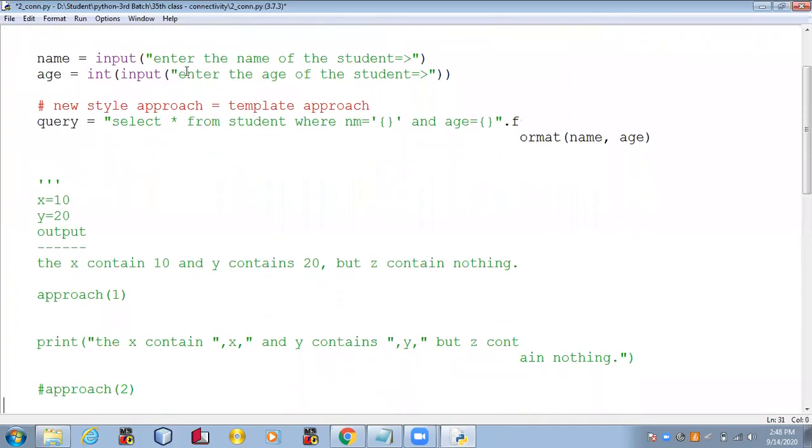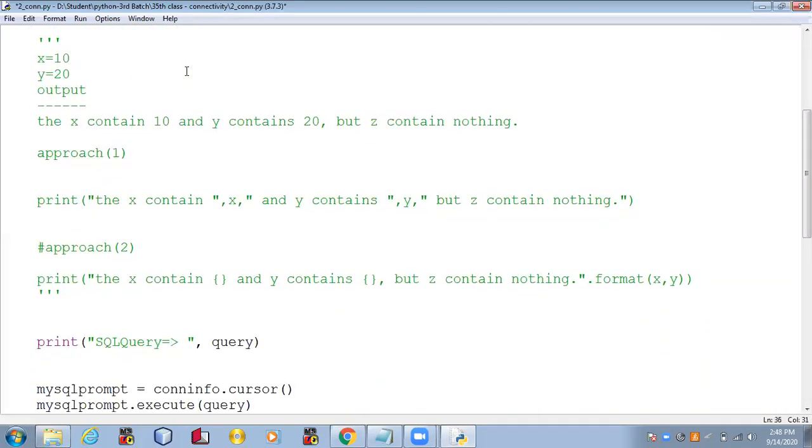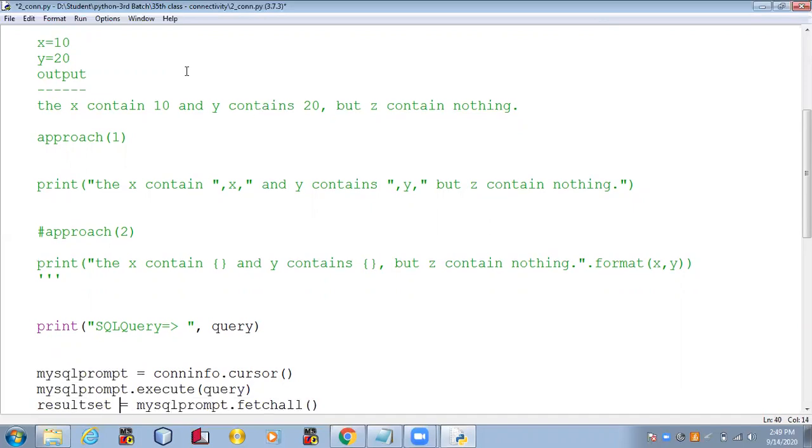So once the query is prepared, just to verify whether the query is prepared successfully or not, we need to have a MySQL prompt. The SQL prompt is nothing, it is an object, and we use the word database cursor object. This is the database cursor object, right? So now on the database cursor object, I need to execute the query, right? So the query will be executed by using which method? The execute method. This execute method takes the query which you want to execute. The query will be executed at the SQL prompt.